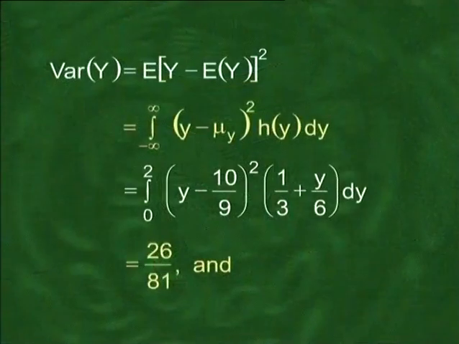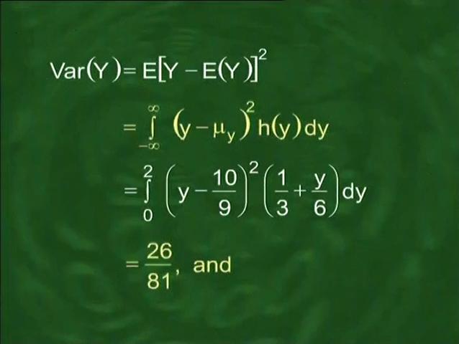Similarly, we can also find the variance of y, and as you now see on the screen, the variance of y is equal to the expected value of y minus E of y whole square, and that is the integral of y minus E of y whole square multiplied by h of y, the integration being done with respect to y,